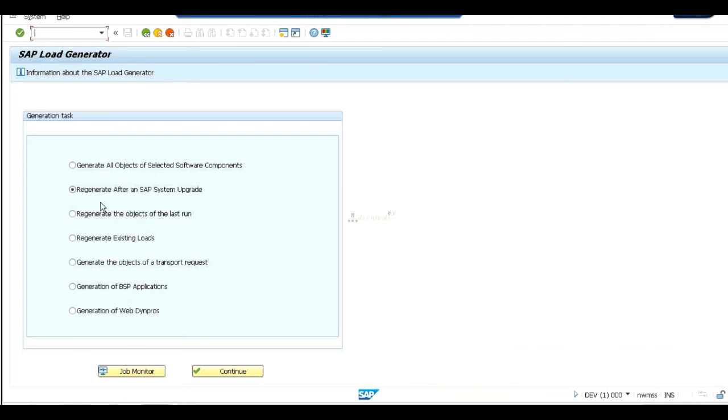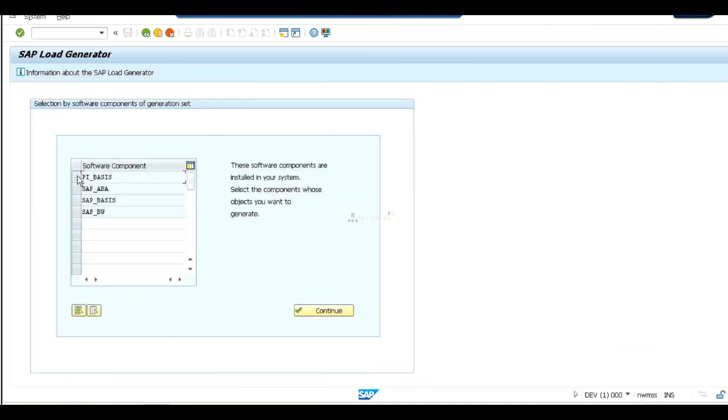Generate all objects, regenerate after system upgrade. I will select all objects. All objects means all components, the components we have seen installed. The programs and screens related to these components will be compiled. Select all, I need to execute all. Go to continue.